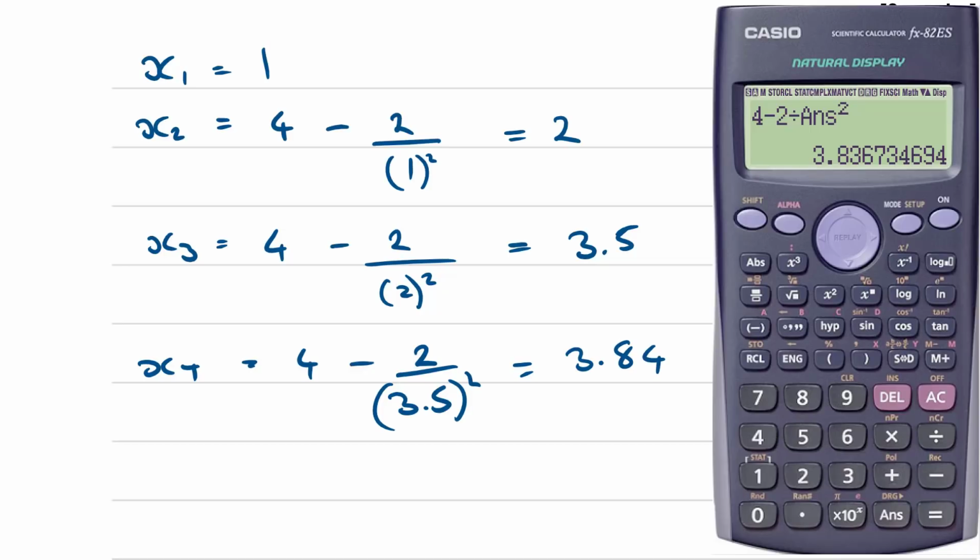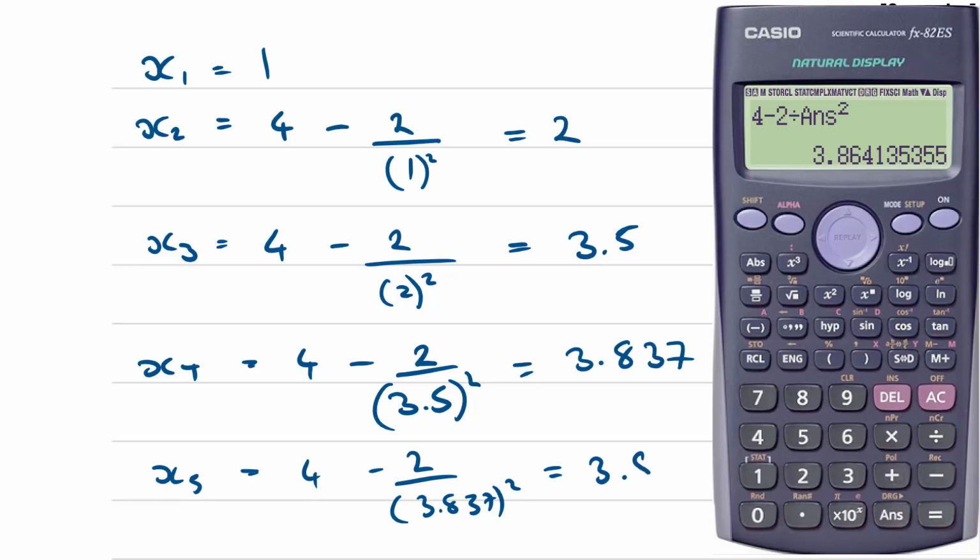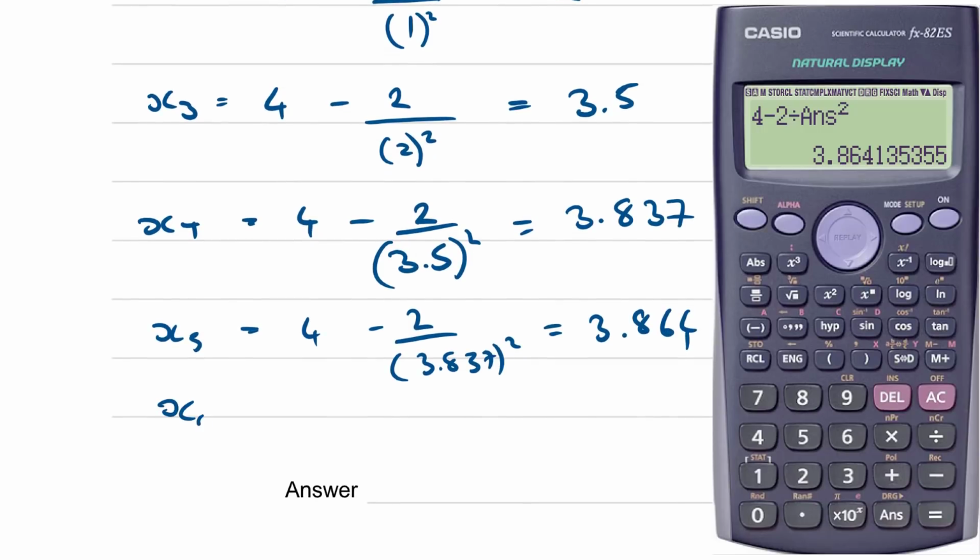Let's just, actually I might write it to 3dp to start with so we can see if it's settling down. Okay, so then x5 is going to be 4 minus 2 lots of 3.837 all squared. But I just need to press the equal button. That gives me 3.864. So it's still not quite settled down. So x6 is going to be 4 minus 2 lots of 3.864 all squared, and that is equal to